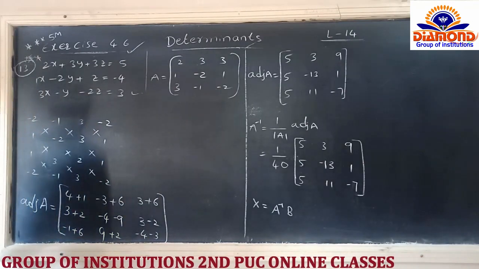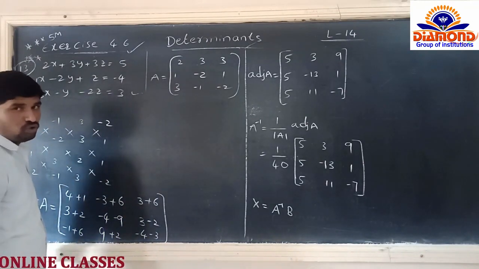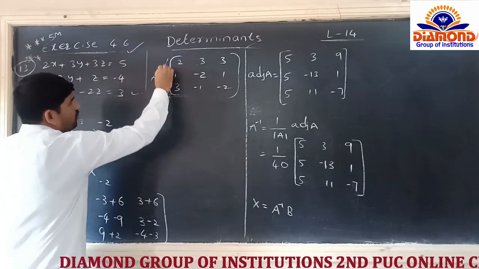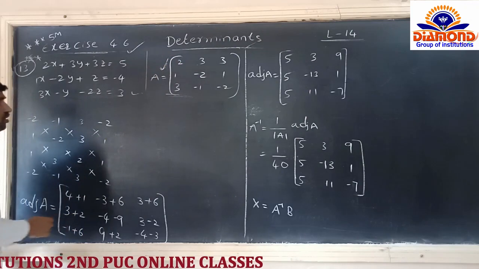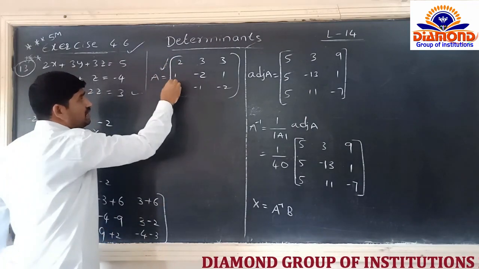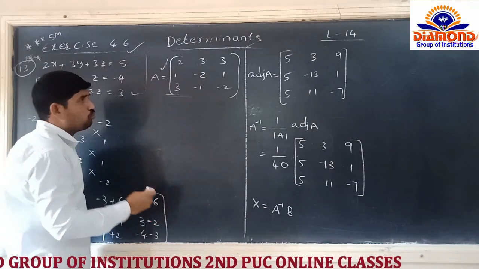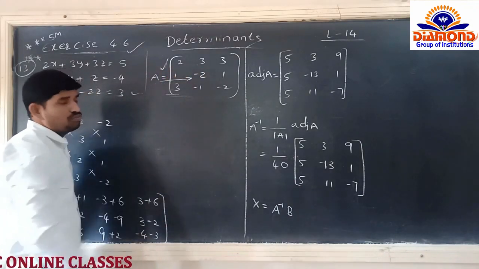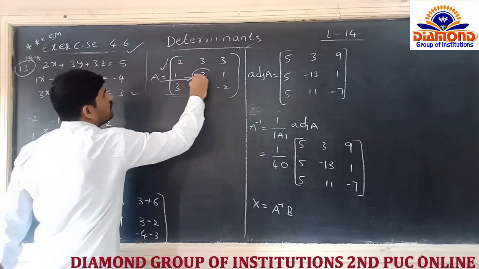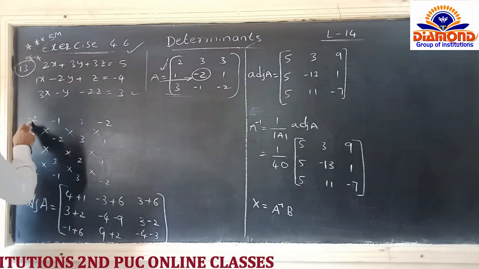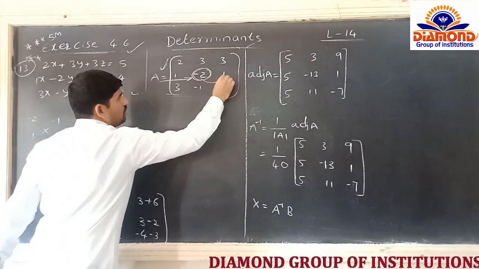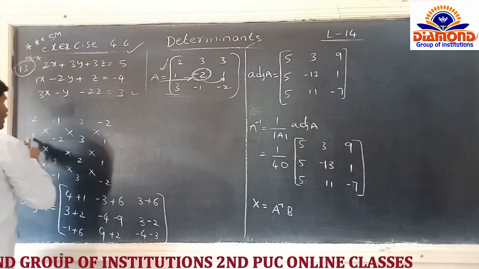See here, we have completed the determinant of A. We got 40. So now from the matrix A, roughly I am writing this here. From the matrix A, again we have to write the adjoint of the matrix. How can we find the adjoint of the matrix from the matrix A? Remember once again, I am going to show this process. We have to select the second row first, and take the middle element, that is minus 2. Again we have to write the right element, which is nothing but 1. So that's why I am writing here 1.